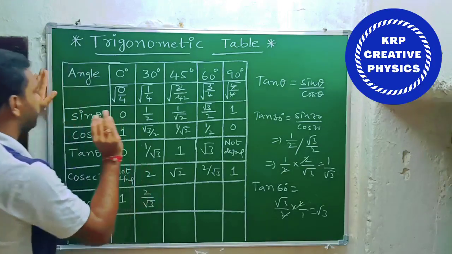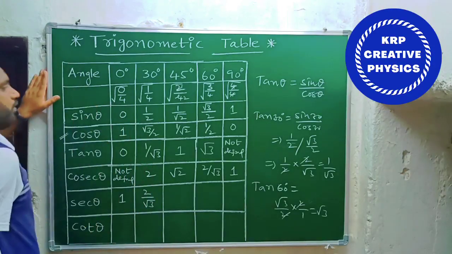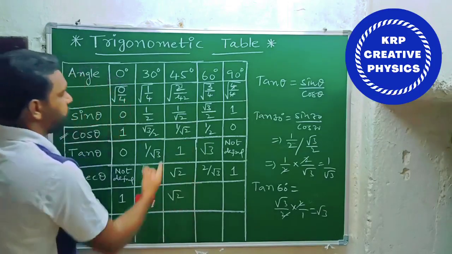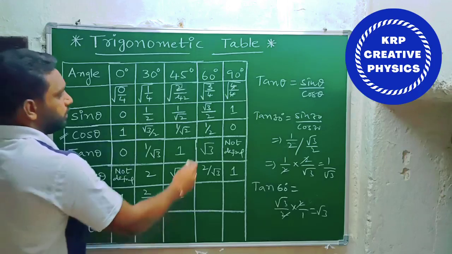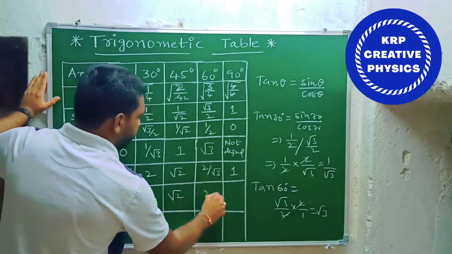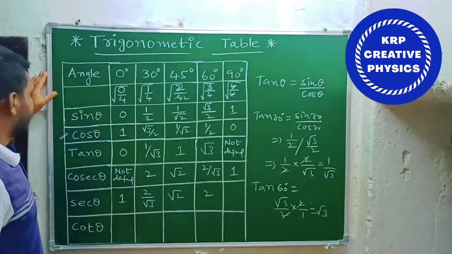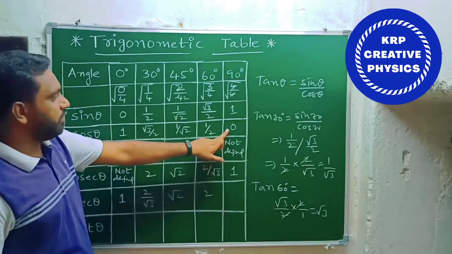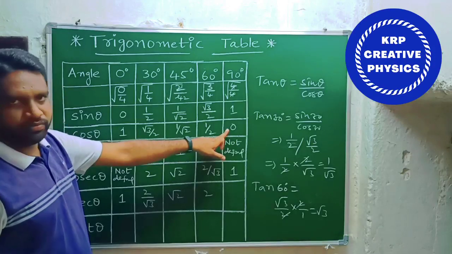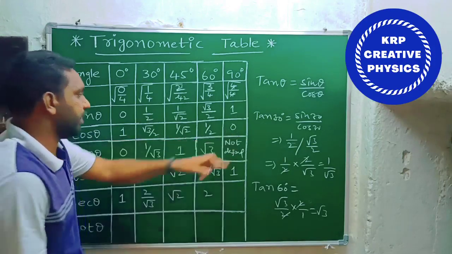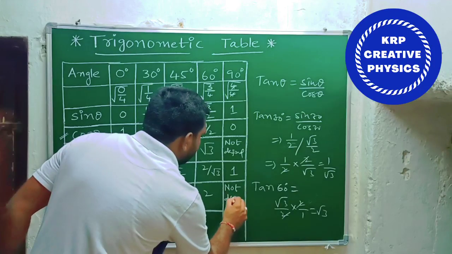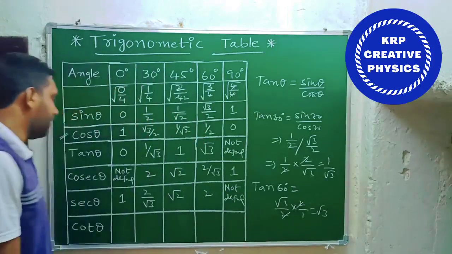We just need to take the reciprocal of cos theta. Okay now. So 1 by root 2 is there. So simply, 1 by root 2 means root 2. The reciprocal of 1 by root 2 is root 2. So here 1 by 2 is there. 2 by 1, that means 2. Okay, it is very easy. So next what do we have here? Sec 90. So here what do we have? The reciprocal of 0, 1 by 0. So 1 by 0 means what here? Something by 0 is again not defined. Undefined or not defined.